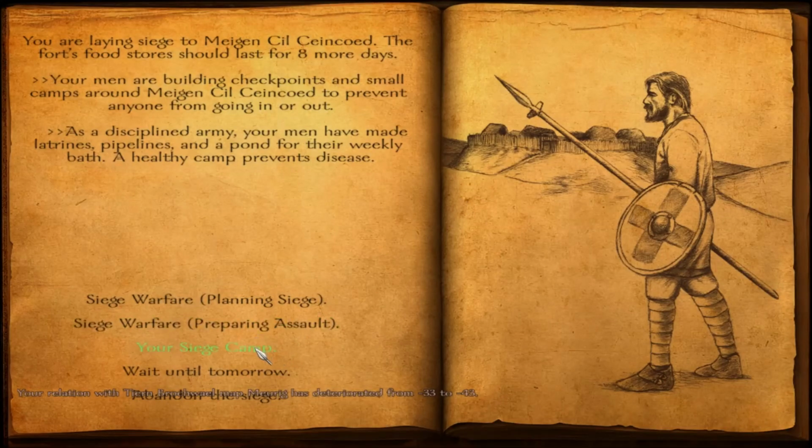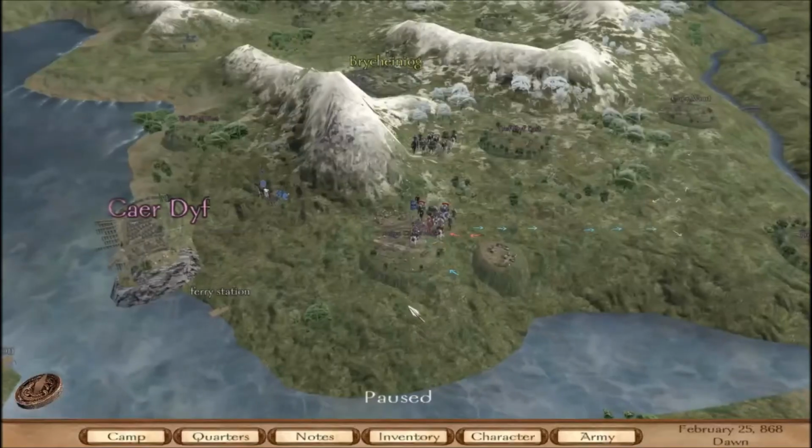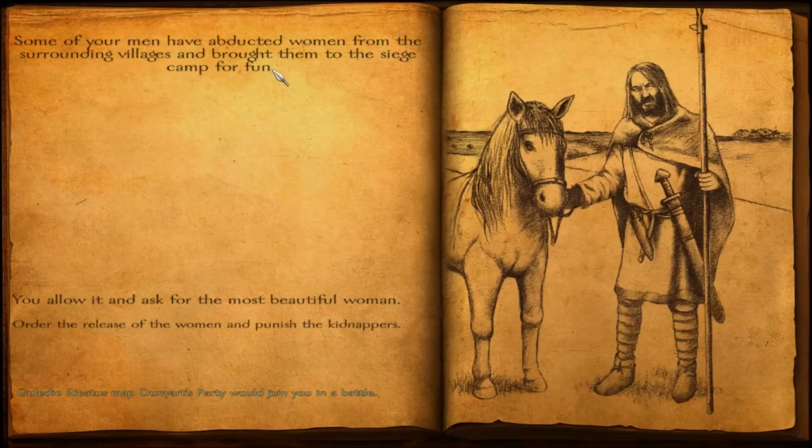Alright, let's take a walk around the siege camp. Oh, never mind. I keep thinking this will let me explore it, but no. Yeah, fortify the camp just to be safe. I don't mind spending 200 gold on that. And I don't know why it always does that, but I will go ahead and wait until some of the men have abducted women from the...